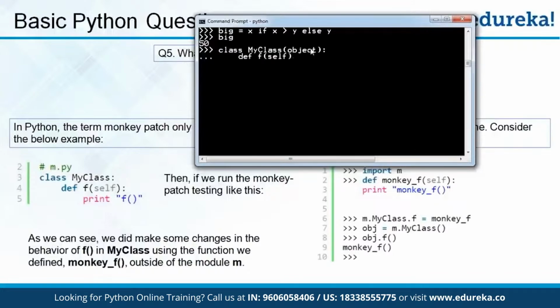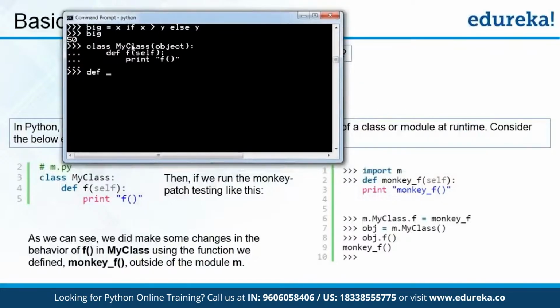Def f(self). I'm creating a particular function, print, so it says just print this in case you are invoking me. Now, I will define something like monkey_f. Typically I would import it from a separate Python script, but over here I'll show it to you directly in practice. Def monkey_f(self), print monkey f. So basically this is going to be your patch which we want to apply to this particular function